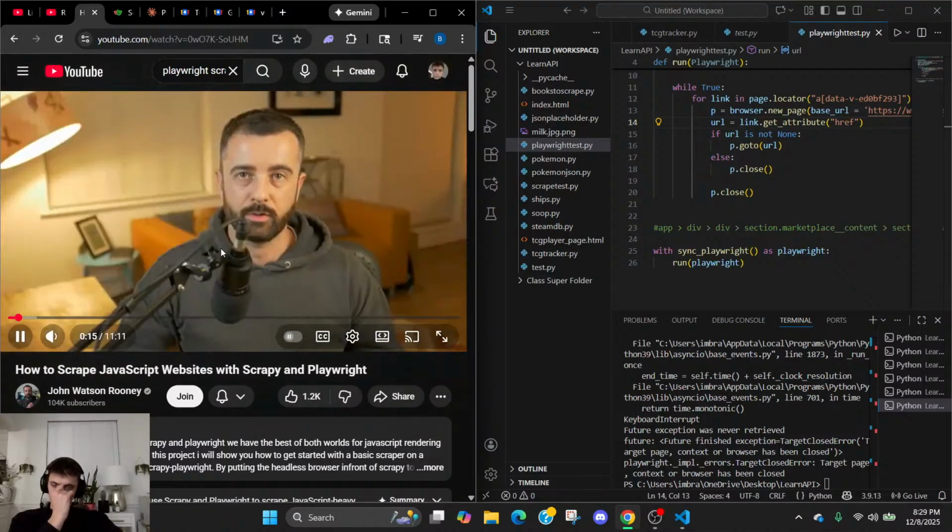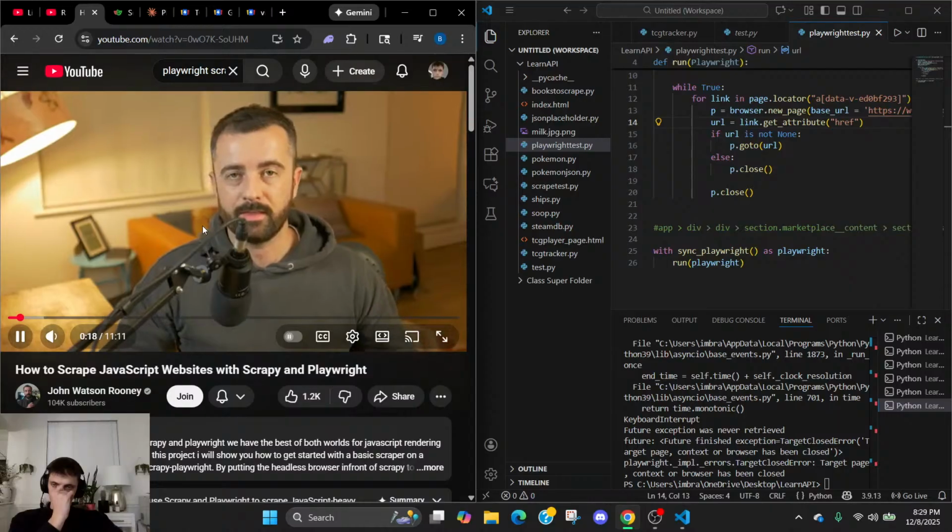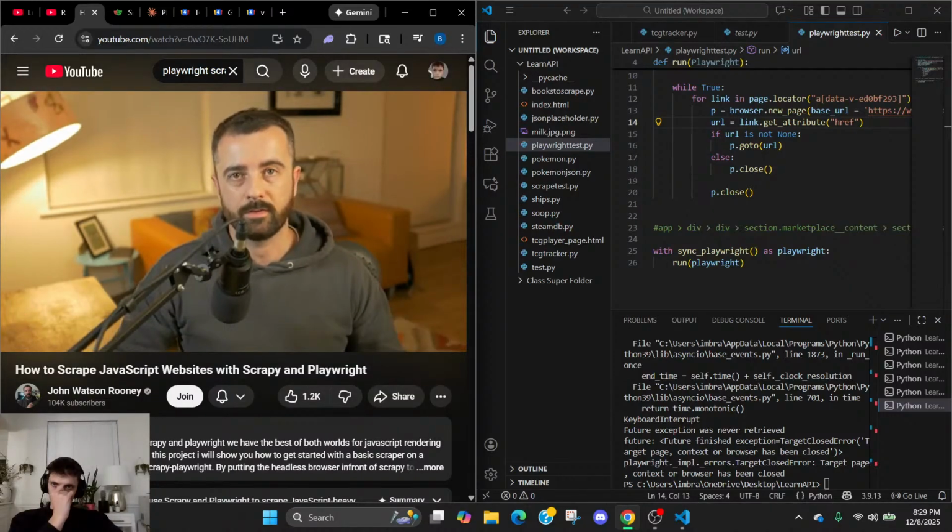What it will do is it will use Playwright to load up the page, and it will then send the response back to Scrapy, so we still have access to all